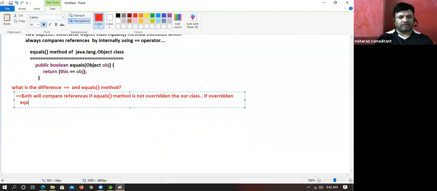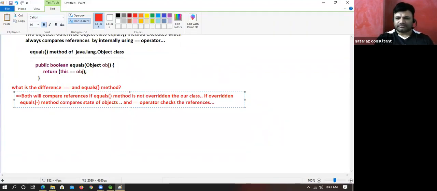Equals method compares the state of the objects. State means data, and double equal to operator checks the references.